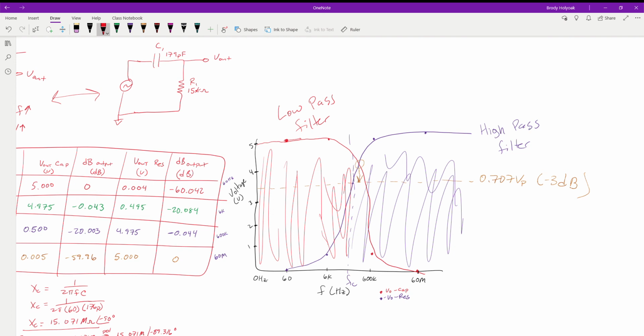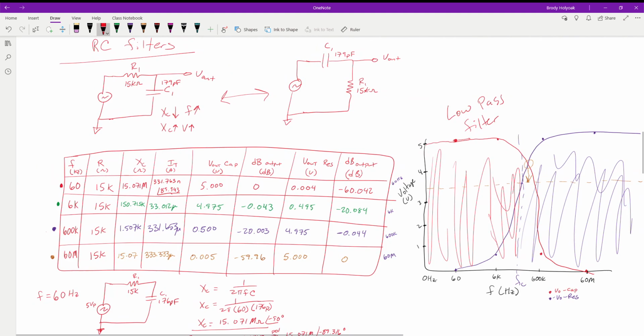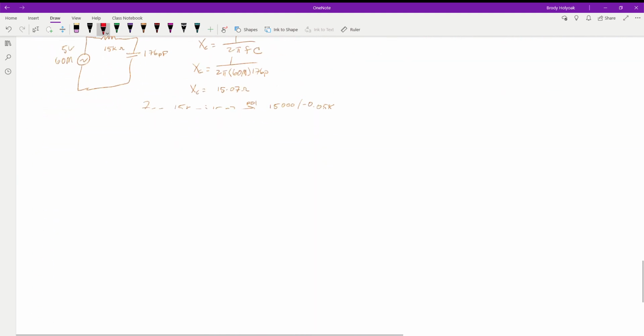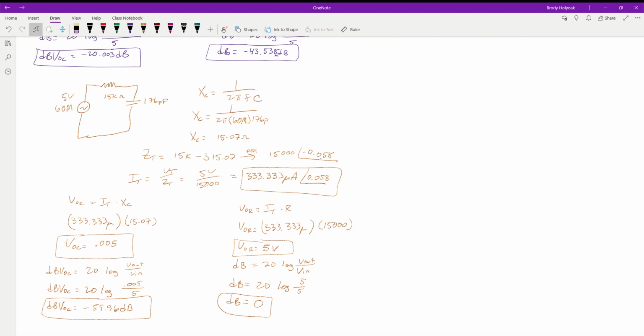Now, the biggest thing that we need to know and remember is, let's calculate what our critical frequency of this filter is. Now that everything's all said and done, we've seen how they work. We want to know at what point do we achieve our filtering? What point is our break point? And that is our critical frequency. So we'll come back over here to our notes, and we have our circuit right here. We'll just reference it in the gold.